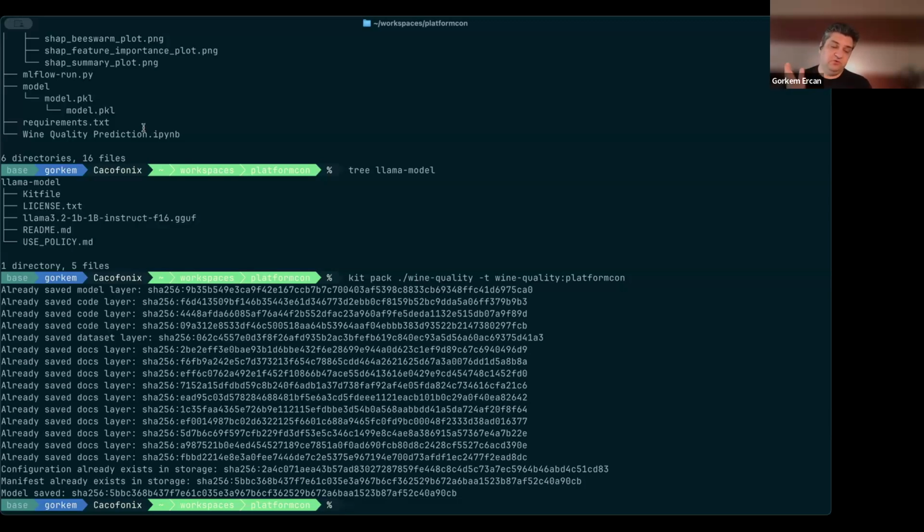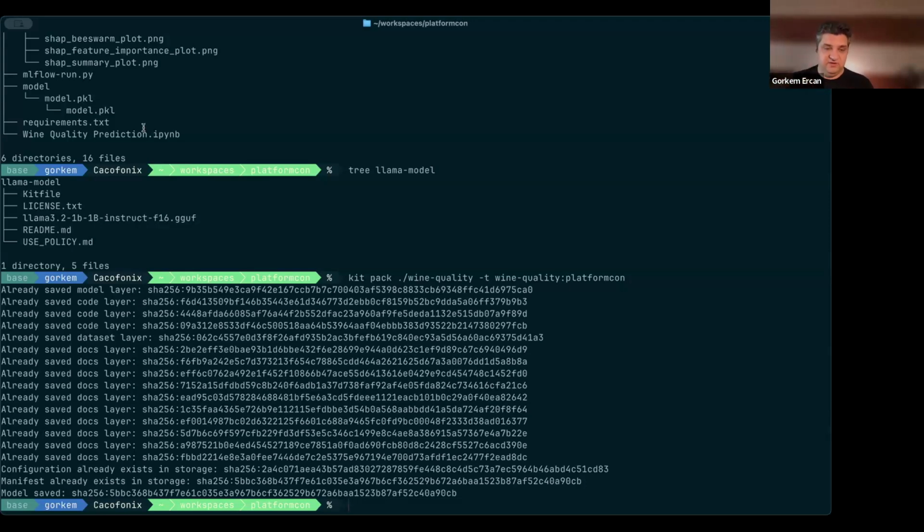Because this is content addressable storage, we know that we already packaged it, so we don't package it again. We just refer to it locally, and some of the repositories also do that.